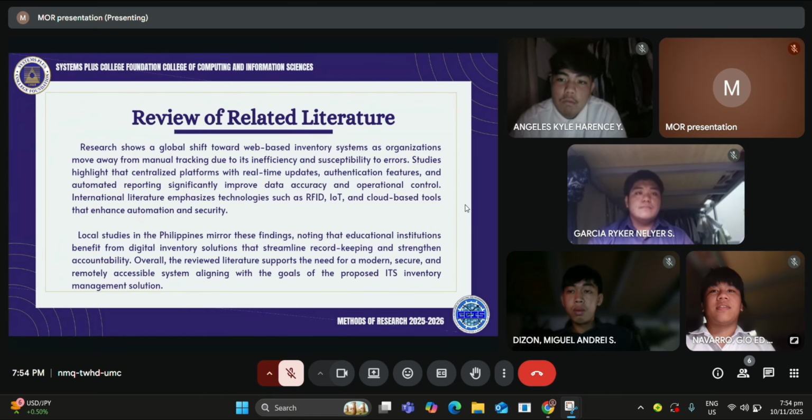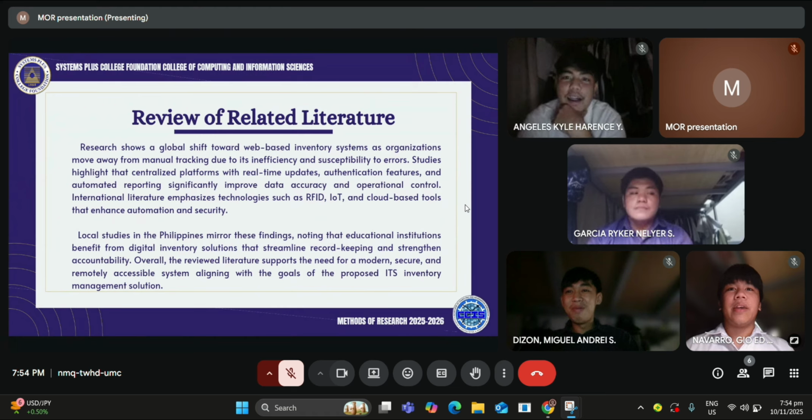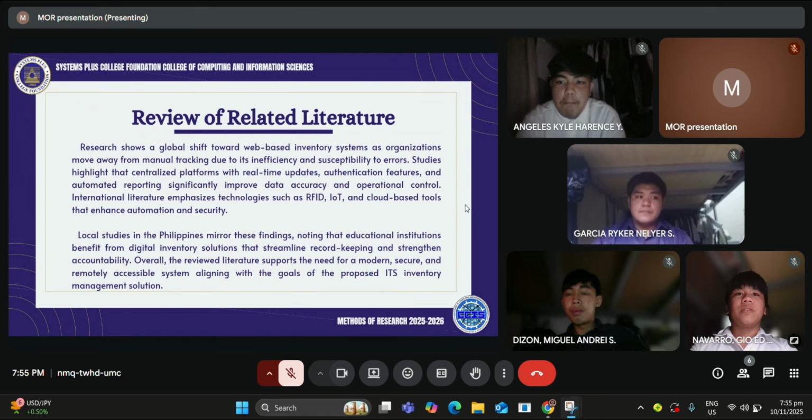And locally, Ella and Padillo 2021 and Carnaccio 2023 showed that centralized systems enhance data integrity, resource management in schools and institutions. Our synthesis shows that while existing systems improve efficiency, most lack remote accessibility and secure authentication, a gap our project aims to fill. Next,